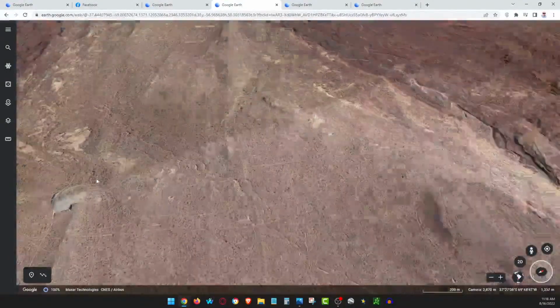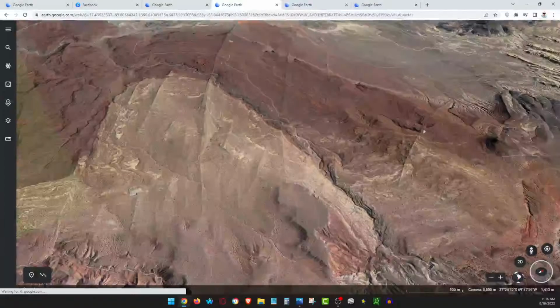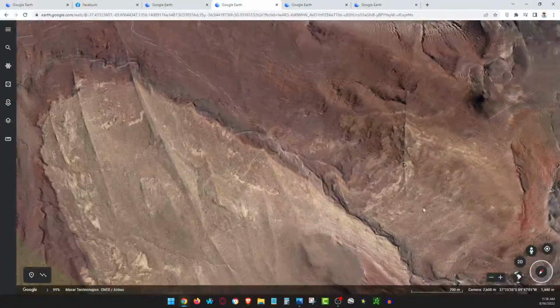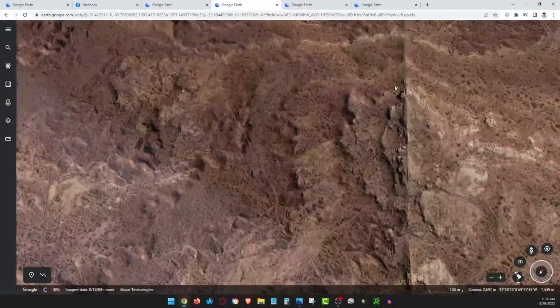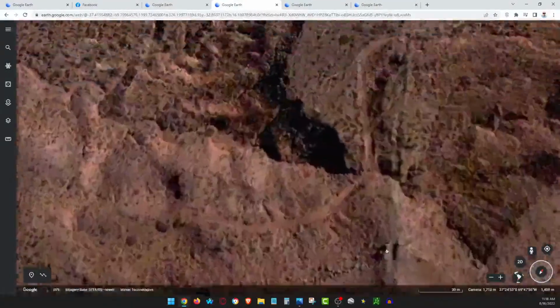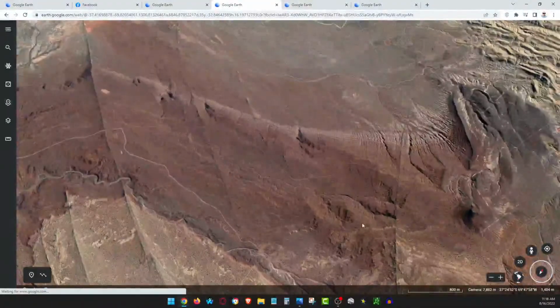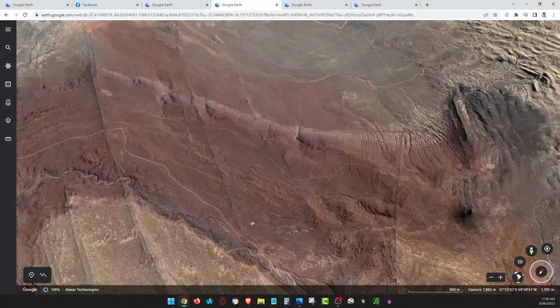And not just a few. One, two, three, four big ones and some small ones up here. A couple others. I showed them already. There's one right there on this side. And if you zoom in and take a look at that, you can see that there's a couple layers added to that. But it's definitely going through older rock. That's old. So you can see this is older than that.